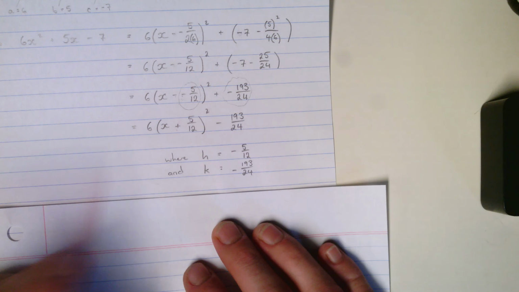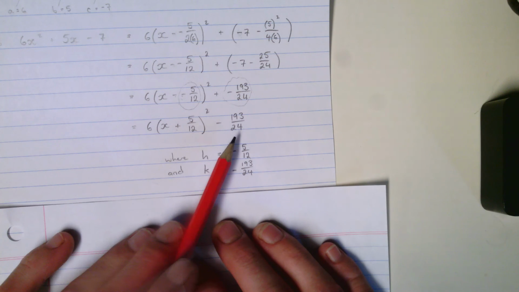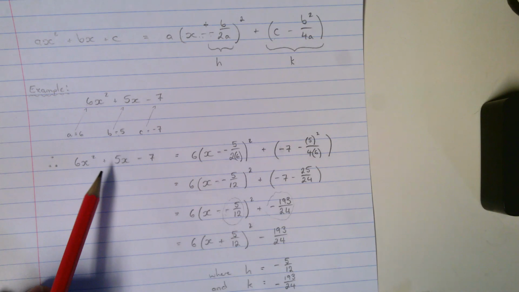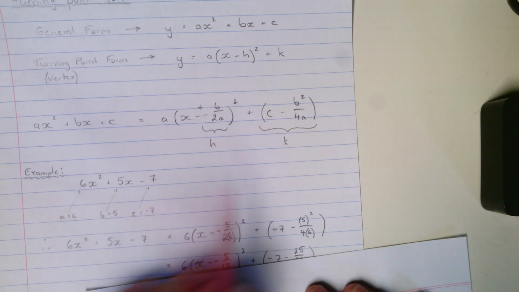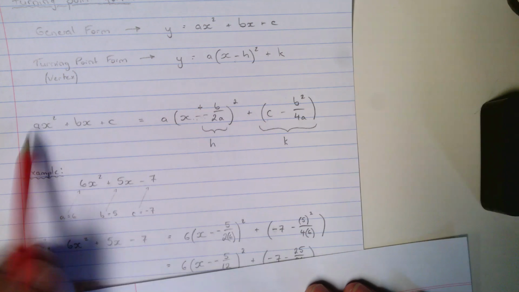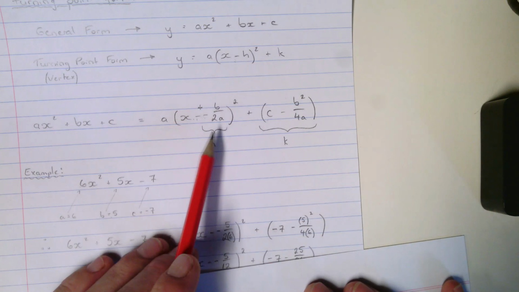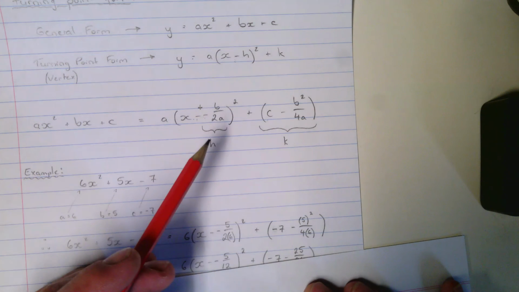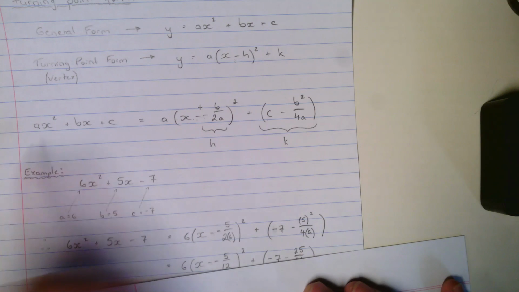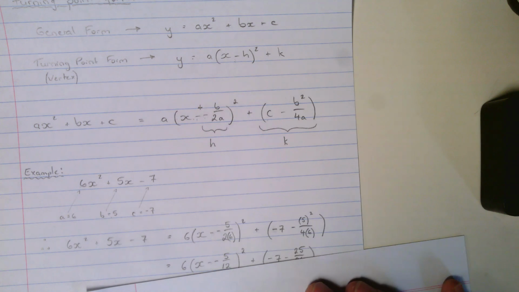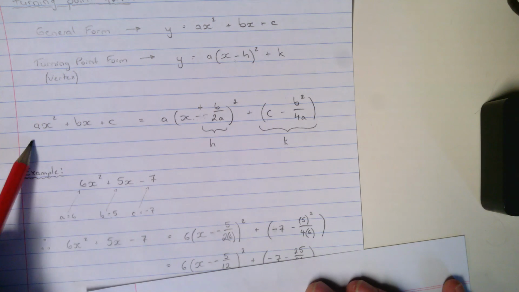If you want, you can expand this out and simplify it, and you will get back to your original general form. So that's it, guys. It's really that simple. It's just take the equation here that I've sort of simplified for everyone. As I said, it's very difficult to find this anywhere that well, from my experience anyway. So if it helps, remember this, and completing the square is as simple as writing it down and then substituting into